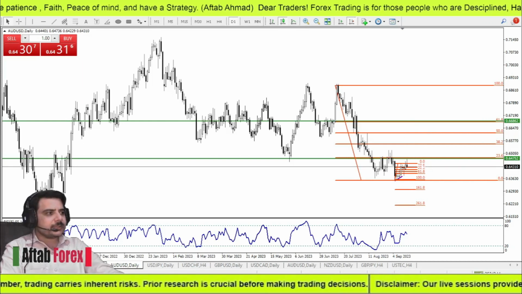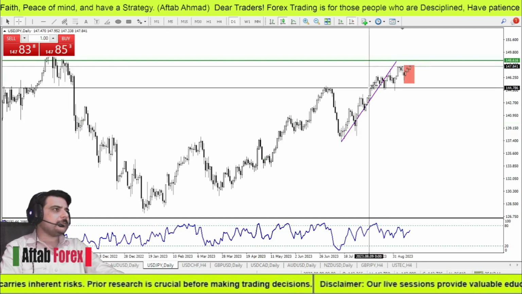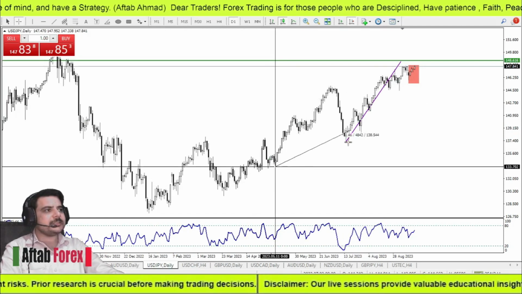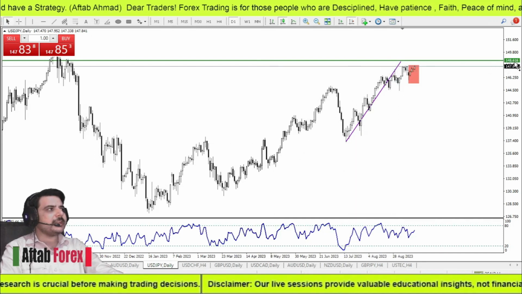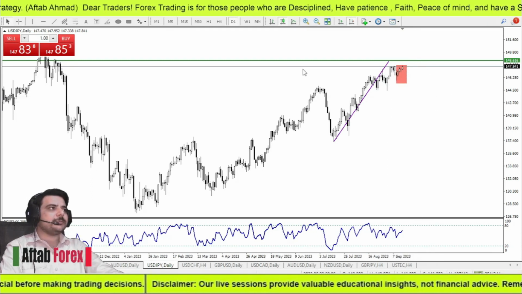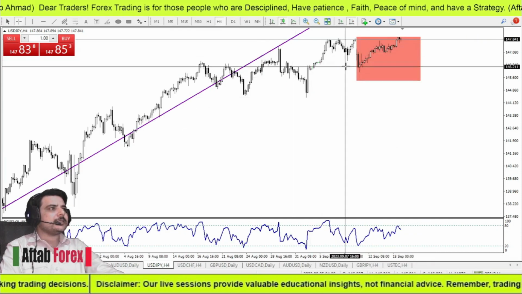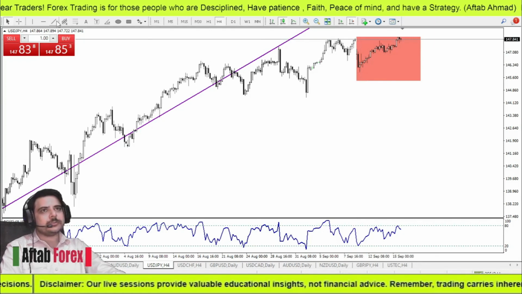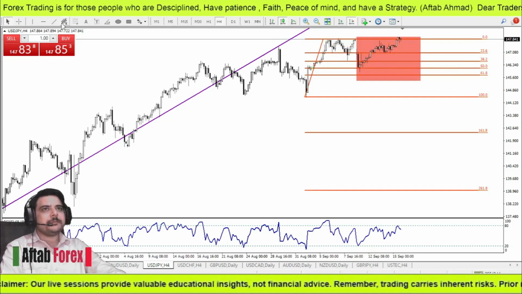Moving on to the dollar yen, and on the dollar yen, last time what I said, there is a very nice ABCD pattern with us, and that pattern is clearly pointing towards 148.616. So still the week closed very bullish right here, but on the H4 if we see the previous week, the market opened with a big gap, and it also, just like the dollar index, gave us this pattern